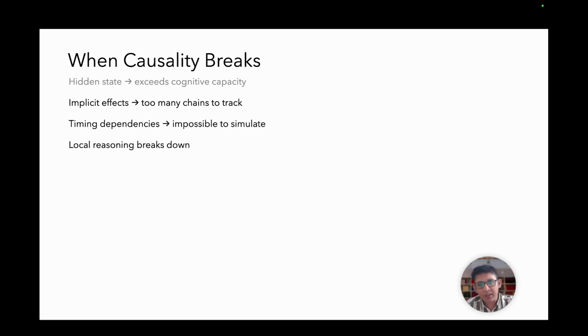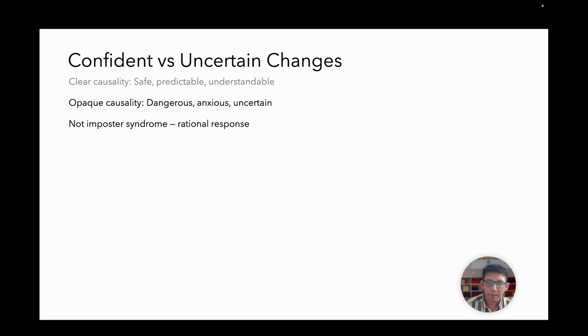And that is why we rely on local reasoning. You understand a piece of code in isolation without understanding the entire system. You look at a function, understand its inputs and output, and know what it does. Local reasoning is only possible when causality is explained and contained. When causality is opaque, local reasoning breaks down. To understand any part, you must understand all of it, or at least far more than you can hold in your head.